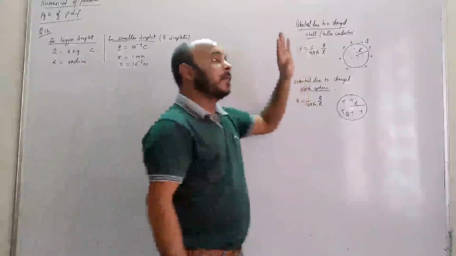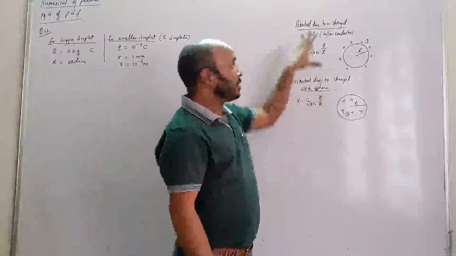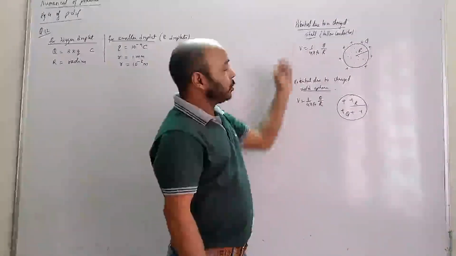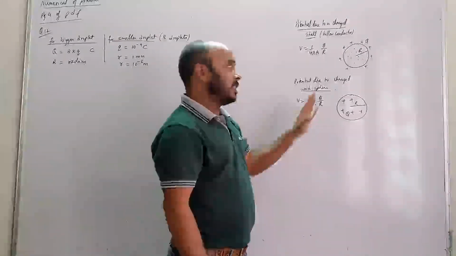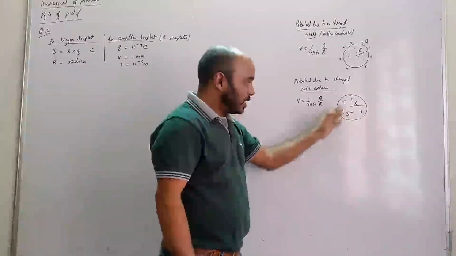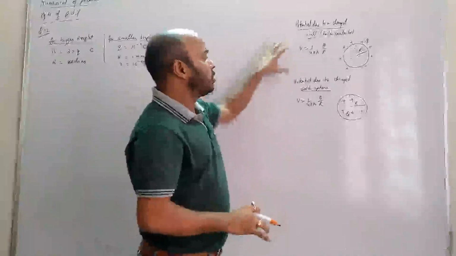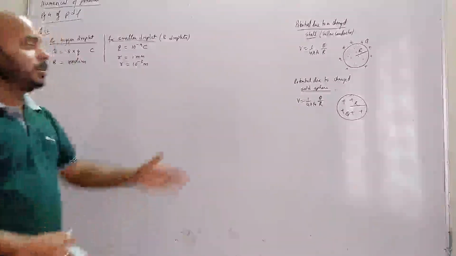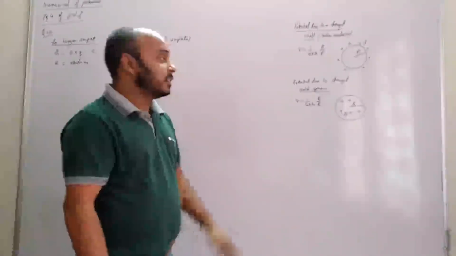Similarly, if I talk about a solid sphere, I have taught you in the theory. For a solid sphere, the potential is 1 by 4 pi epsilon Q by R. Same formula. Only here the Q is inside the body, uniformly distributed, whereas before it was on the surface. Now, out of these two, which is a water droplet? This is a water droplet. Charge is there inside. But this acts like a water droplet.